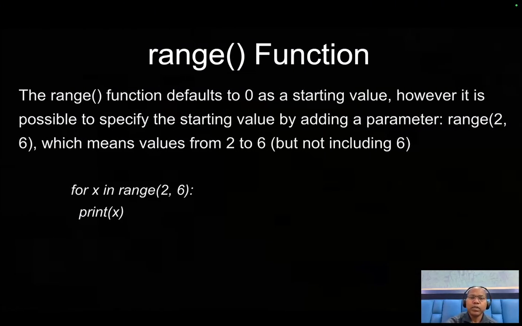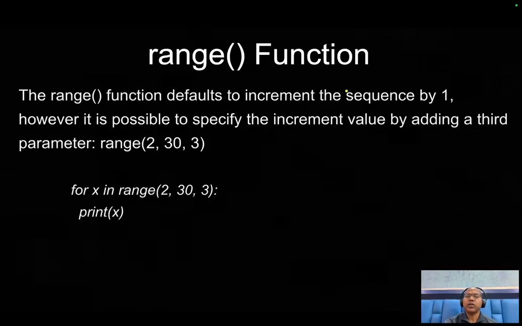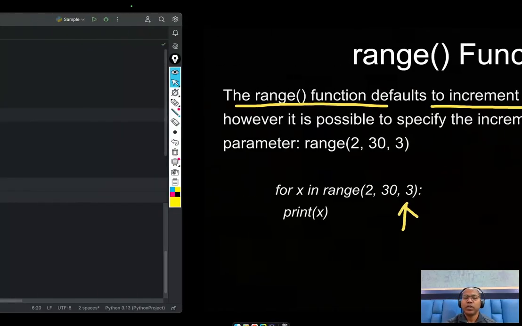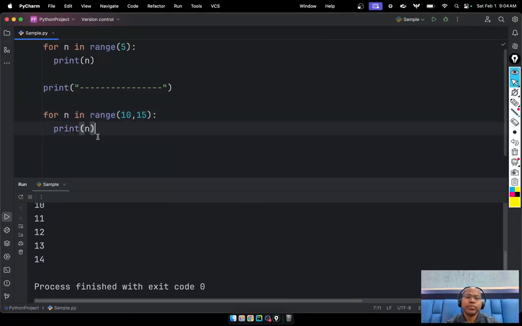Now the third scenario. The range function increments by 1 by default. By default it is always incrementing 1, 1, 1. If I want a 2 increment or 3 increment, you can pass the increment as the third parameter. Okay. So here you can say, hey,